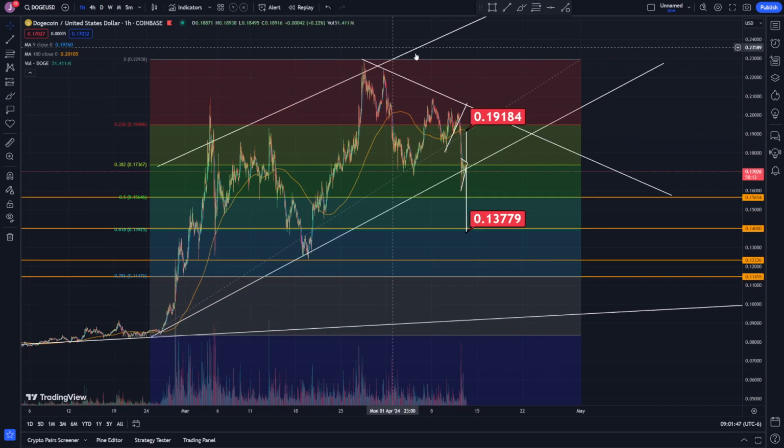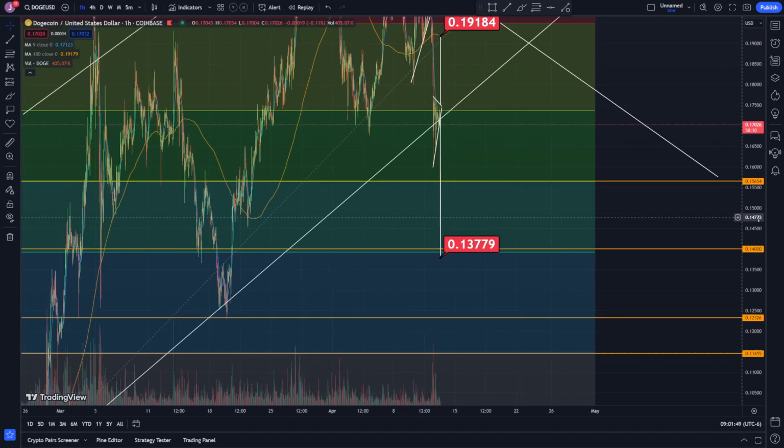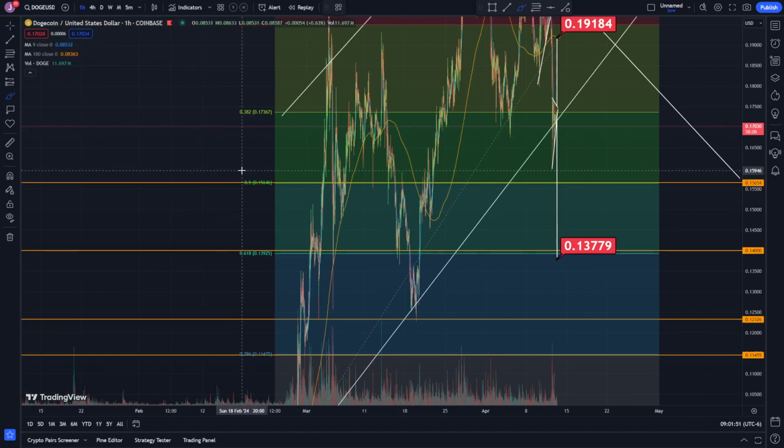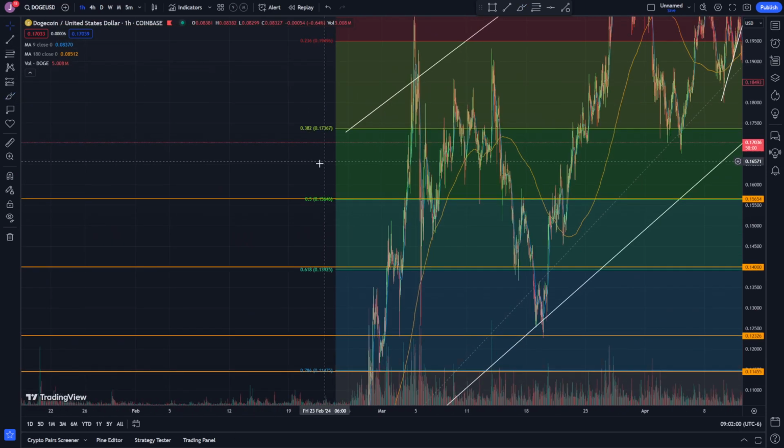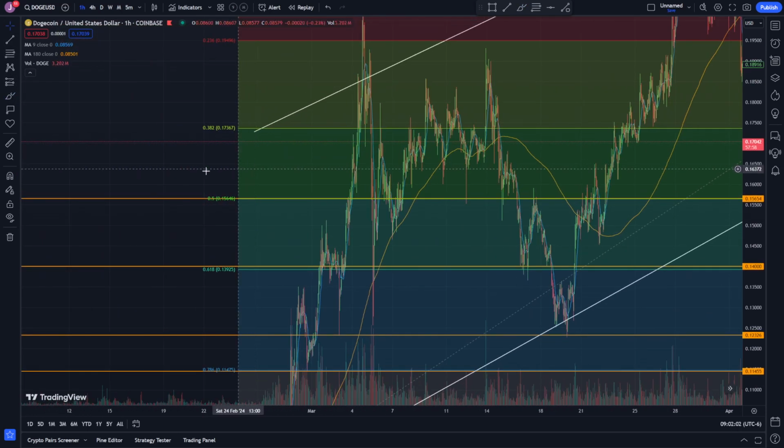And I'm also looking at the 50% level right here. I'm kind of wondering if this can get support too. I mean, we have a target right here, so it might come down to this level, and I wouldn't be surprised because there's some other things I want to show you that are kind of bearish signals. But I'm looking also at